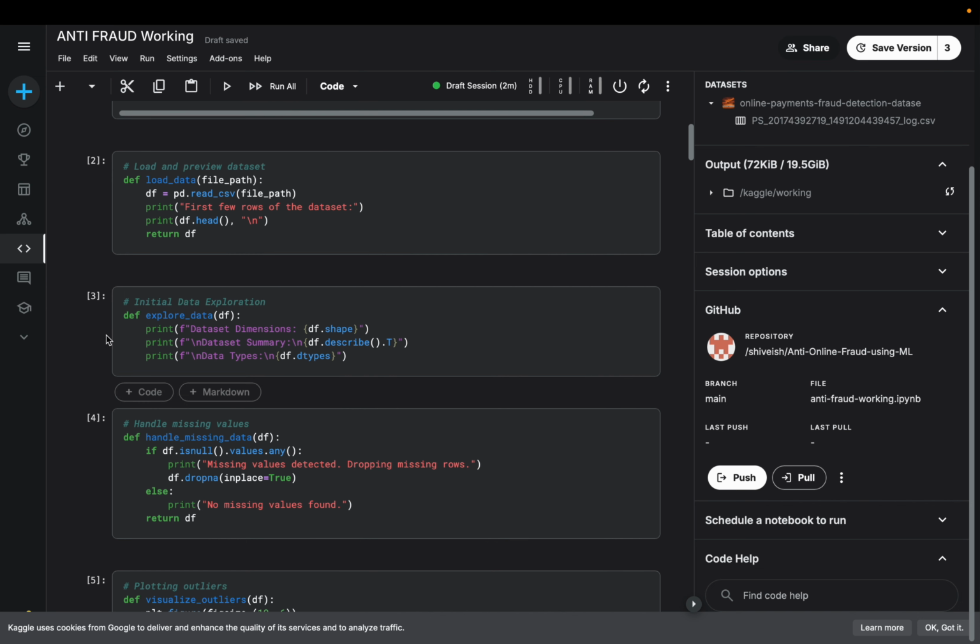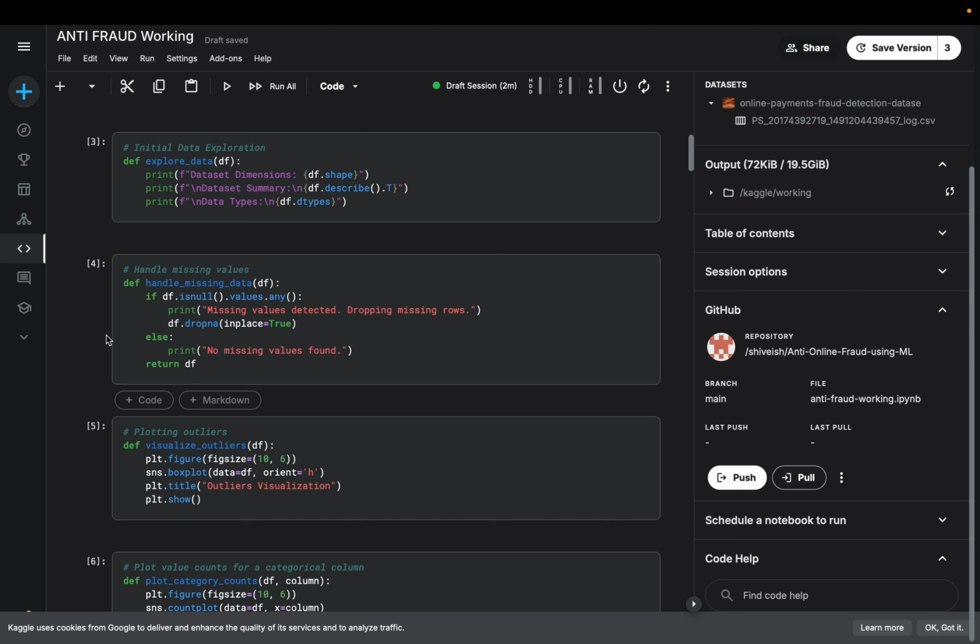The next cell represents how to explore data. Basically, it's just to see what the dimensions, summary, and the main data types included in the data set are. And the next cell describes how we are handling the missing data. So this first line, df.isnull().values.any(), basically makes a list of all the data which have null values or zero values